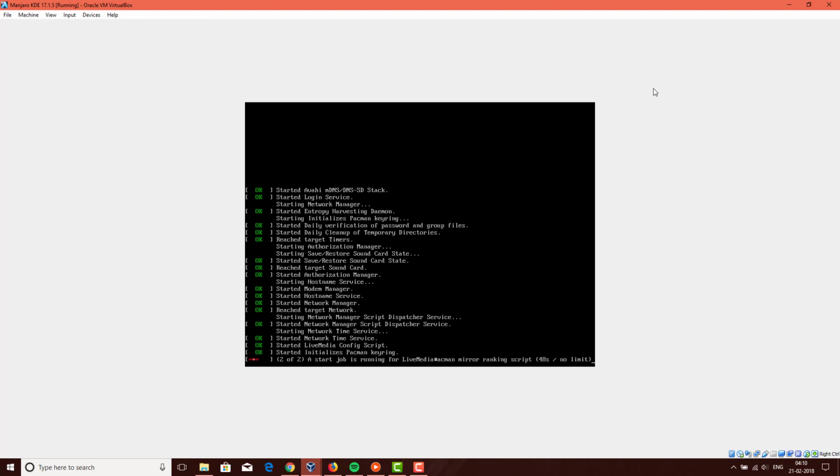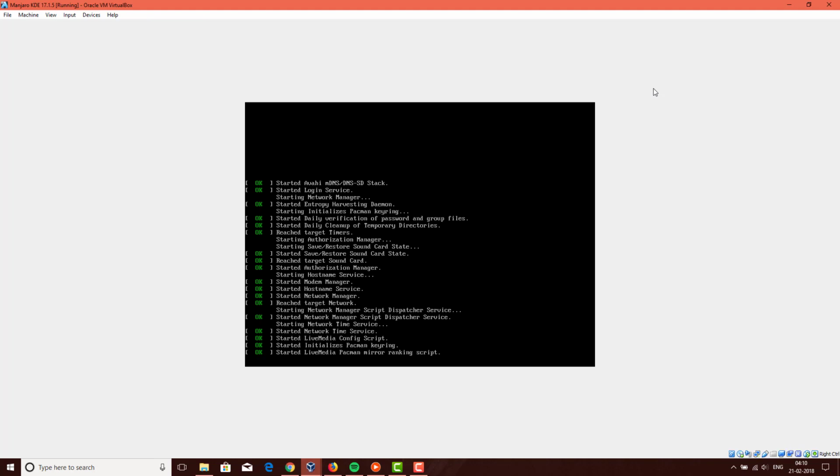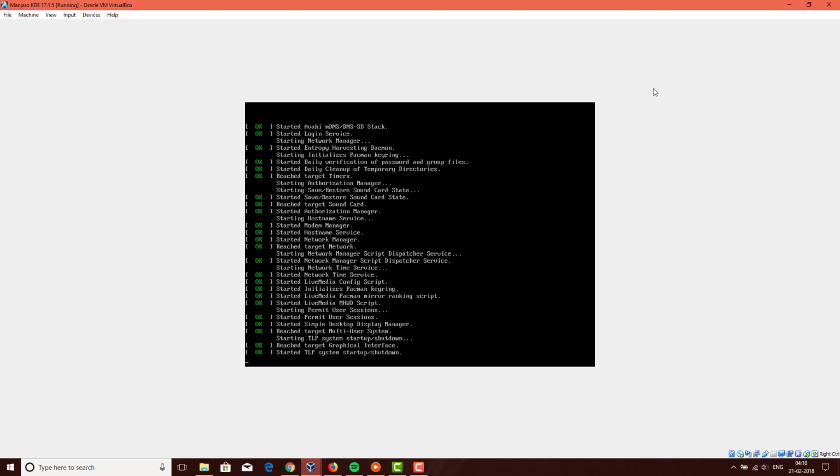So it's not that there is any difference between the regular Manjaro release and the community supported versions. The only difference mainly is that the community supported versions are mostly one version behind the main release of